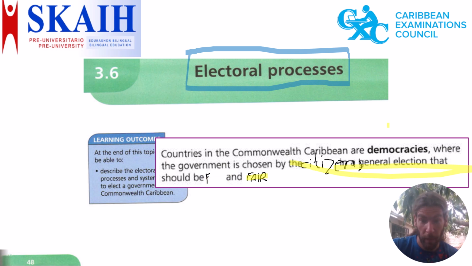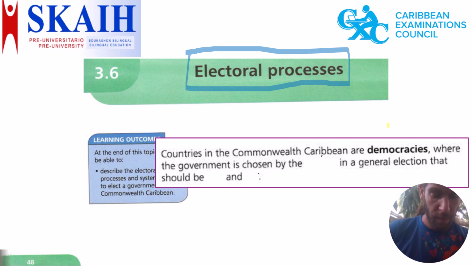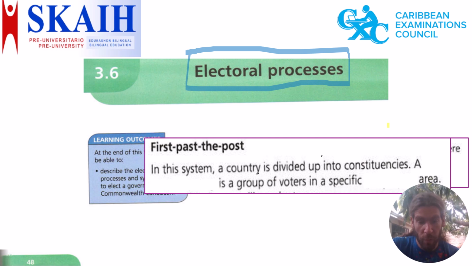Let's continue. We've seen that countries in the Commonwealth Caribbean are democracies where the government is chosen by the citizens in a general election that should always be free and fair. Let's continue. First past the post. One of the systems in which we do that is the first past the post system. In this system, a country is divided up into constituencies, and a constituency is a group of voters in a specific